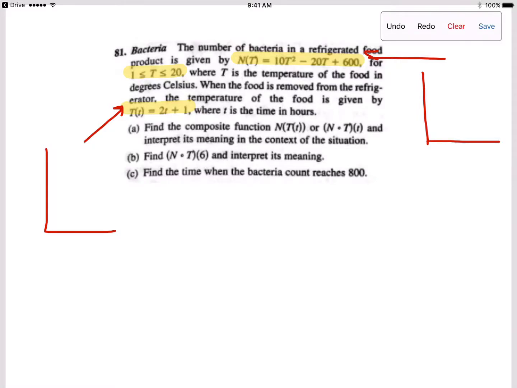Unit 1, Lesson 5, number 81 in the homework. In this word problem, we're going to examine two different equations. They are highlighted in yellow. If we look at the second equation,